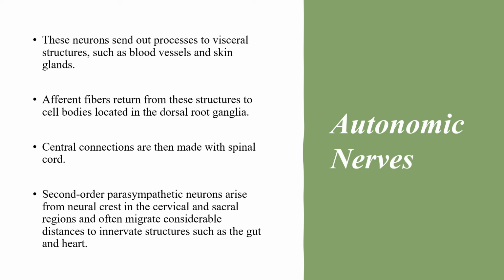So, this neuron sends out processes to visceral structures such as blood vessels and skin glands. The afferent fibers return from these structures to cell bodies located in the dorsal root ganglia, and central connections are then made with the spinal cord. So, second-order parasympathetic neurons arise from neural crest cells in the cervical and sacral regions, and often migrate considerable distances to innervate structures such as the gut and the heart. So